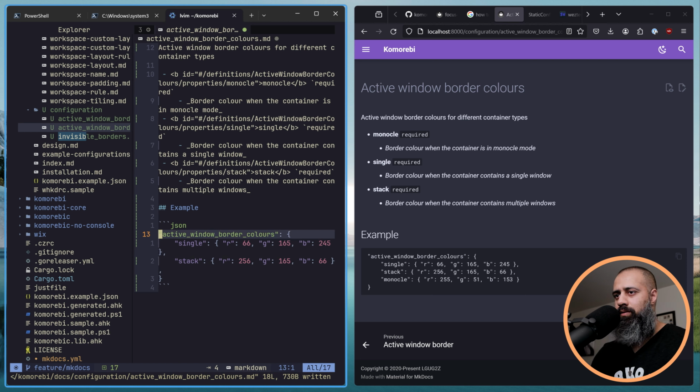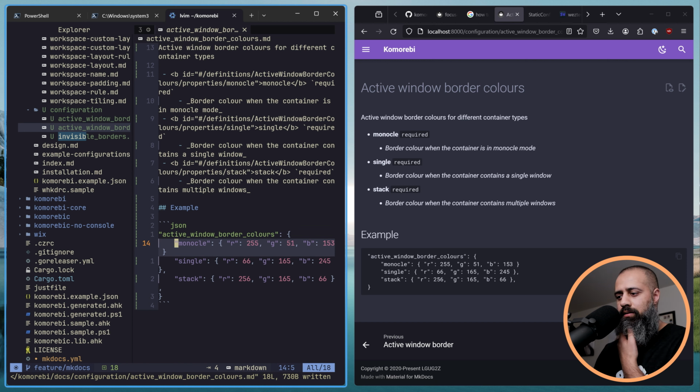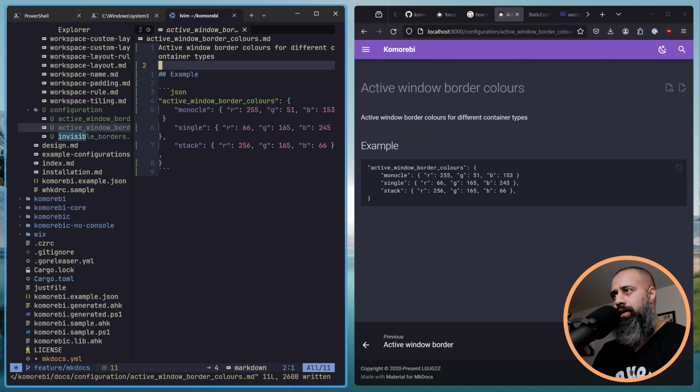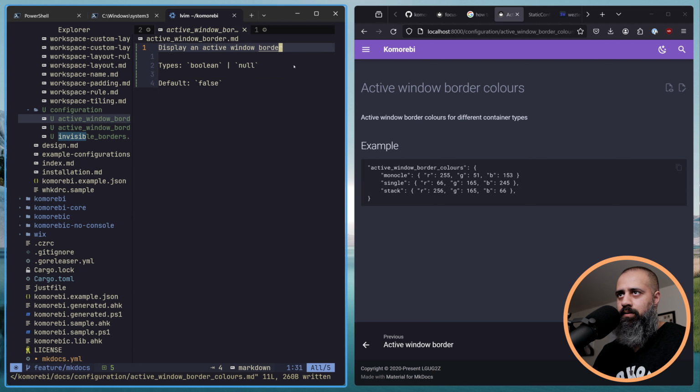So monocle single stack. So maybe for now we ditch all of this, because I have a feeling this is gonna get generated at some point anyway. Why don't we just go with